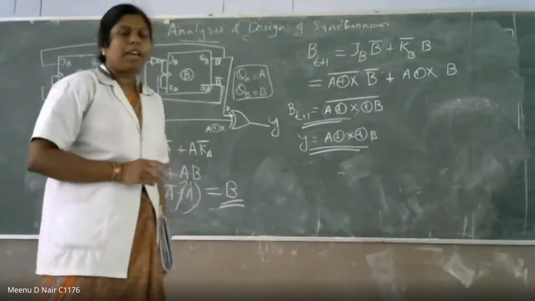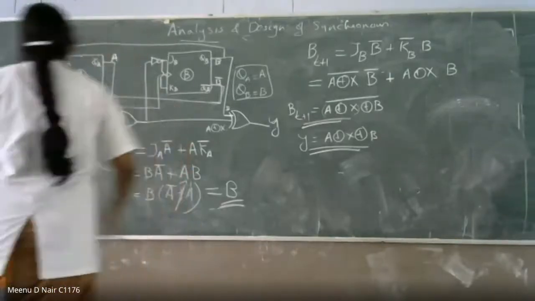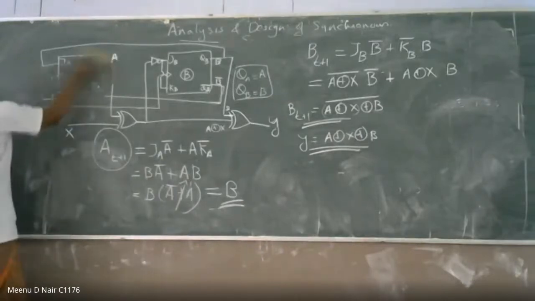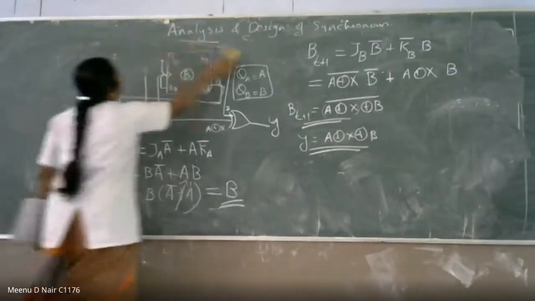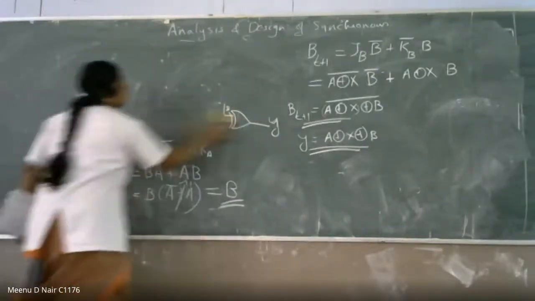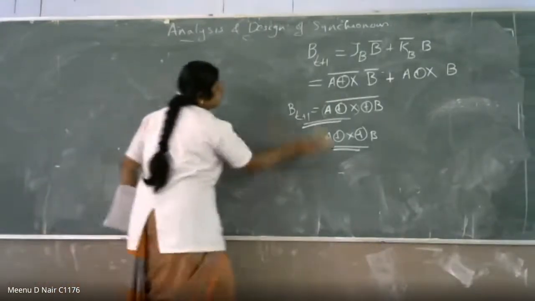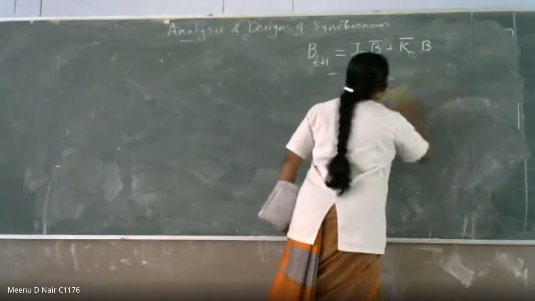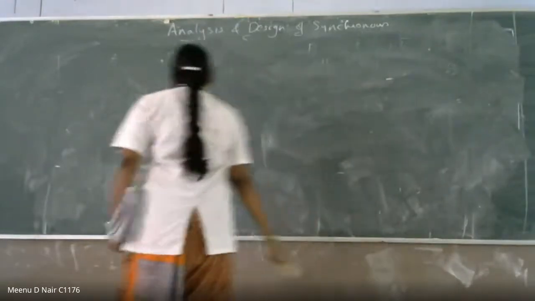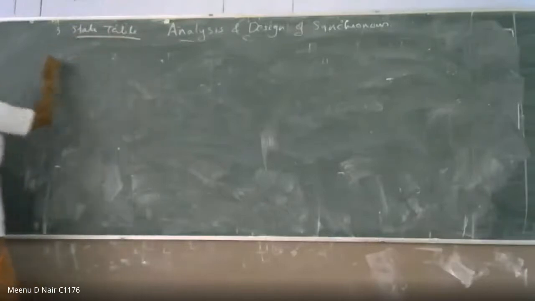What is the next step? We have to find out the state table. We have to define the state table. So I'll erase this portion. We have to find out the expression for the state table. State table, it has